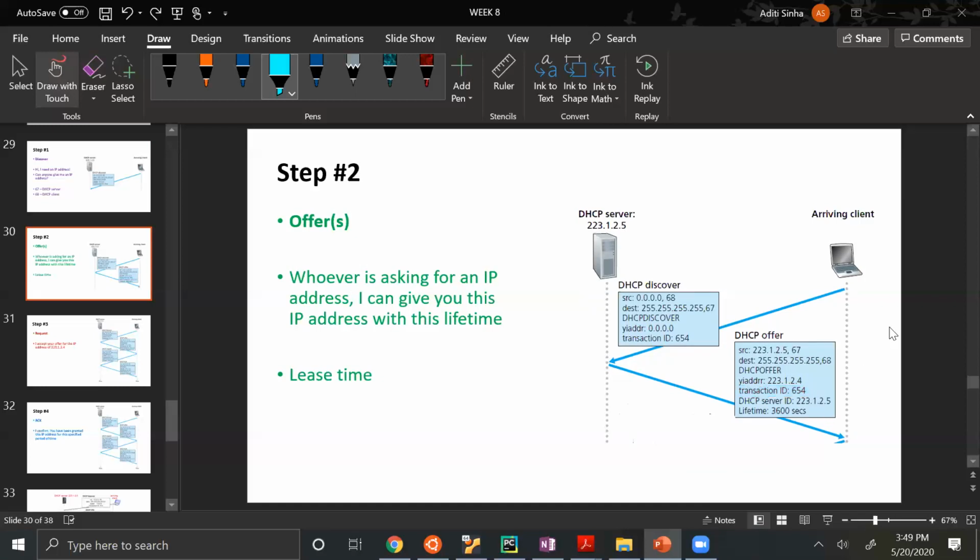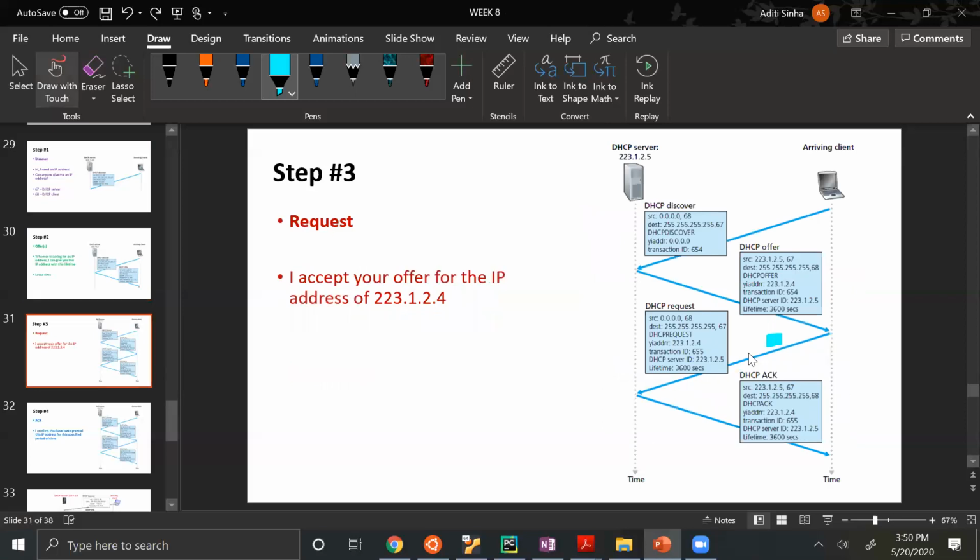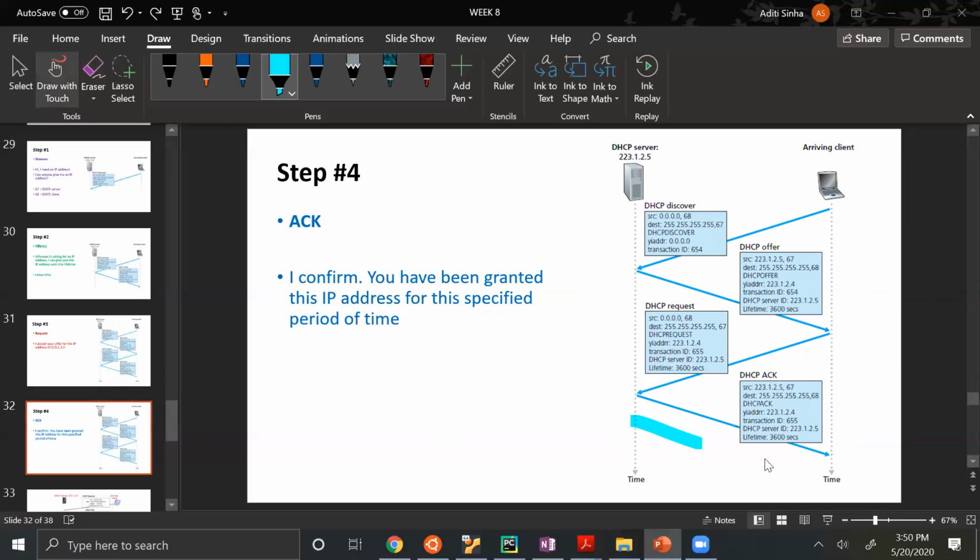So if the client wants to choose this offer, it will send back a request message which says that I accept your offer for this IP address. And if it accepts this offer, the DHCP server will return an ACK for this IP address.